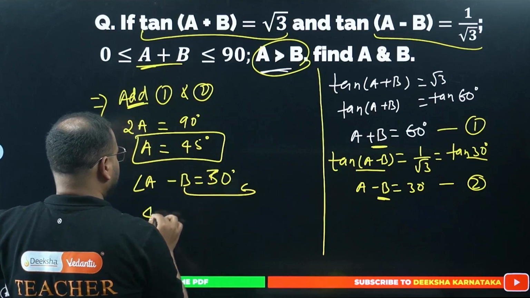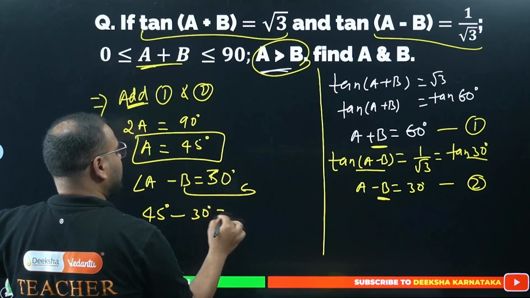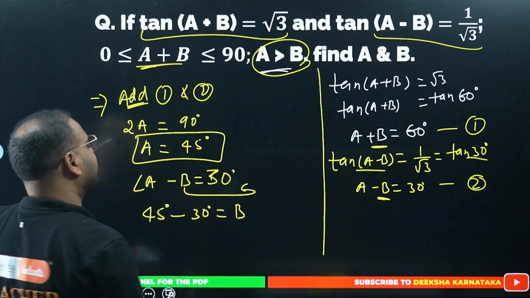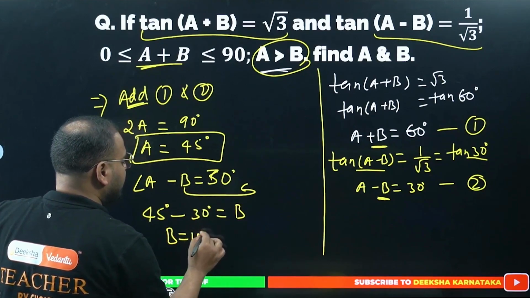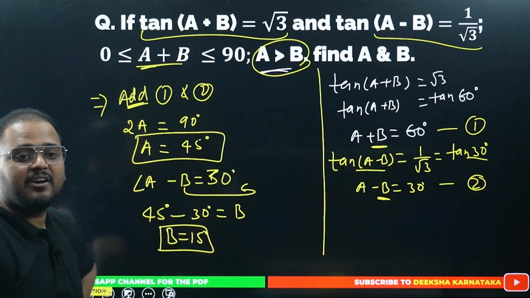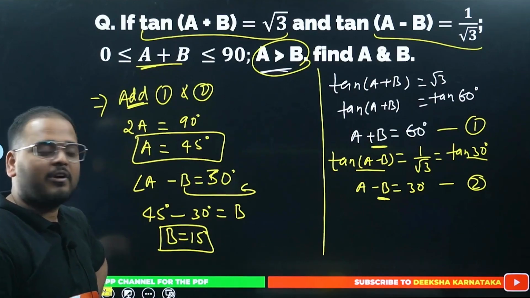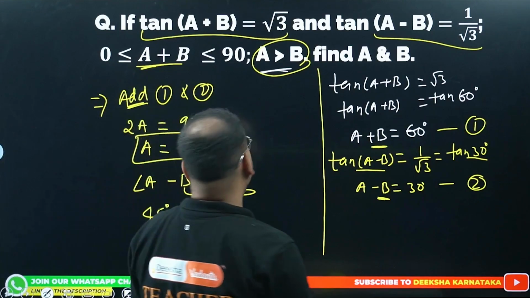Angle A is 45 degrees. If you move 30 here, it becomes minus 30 degrees. B will become positive because it was negative here. So what do I get? B equals 15 degrees. How, sir? 45 minus 30 is 15. Whatever minus 30 is 15. So my angles of A and B are